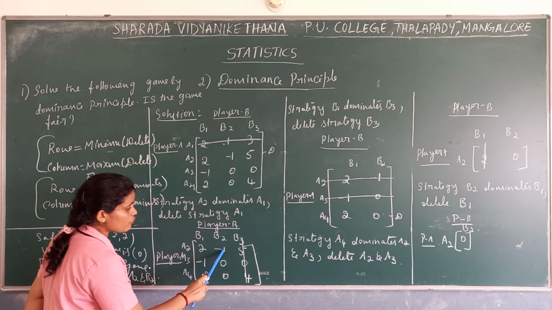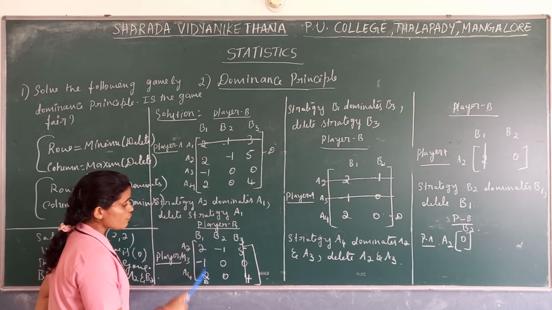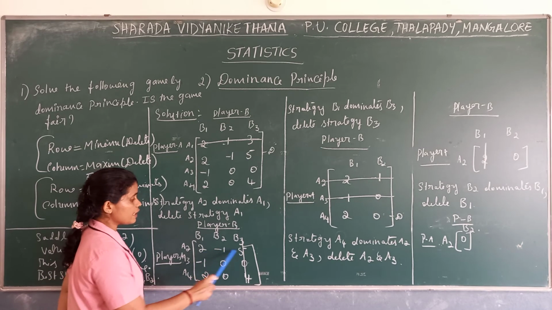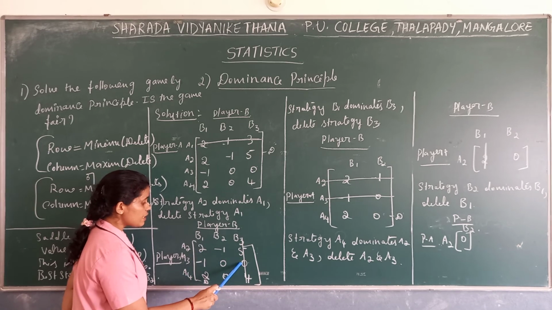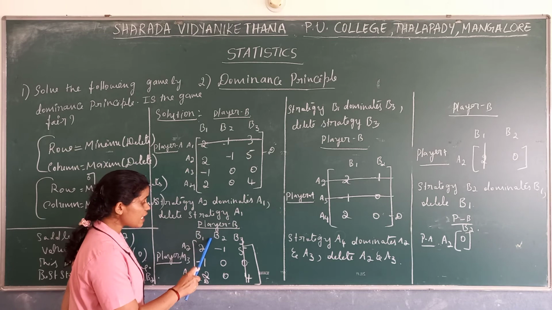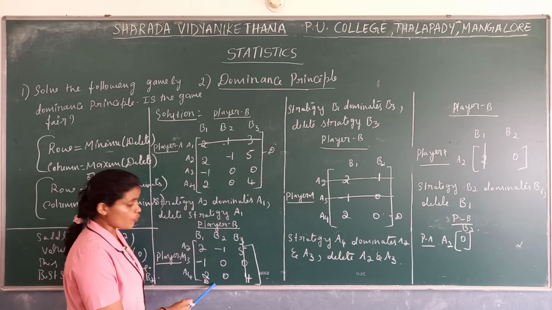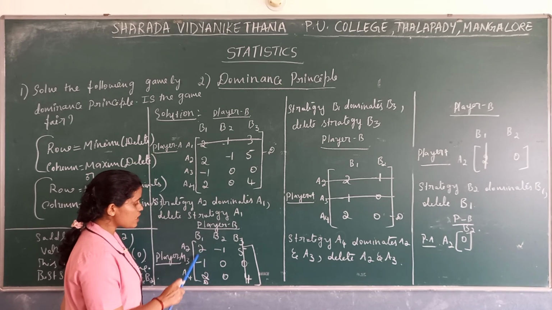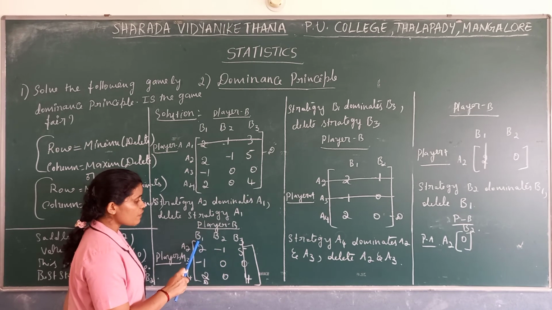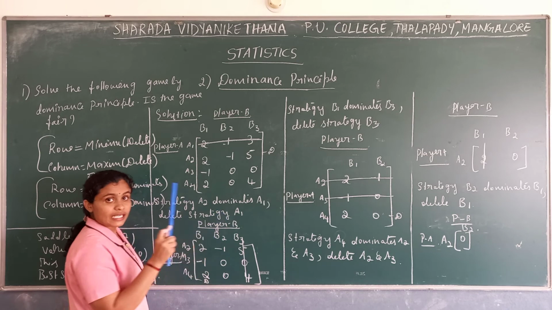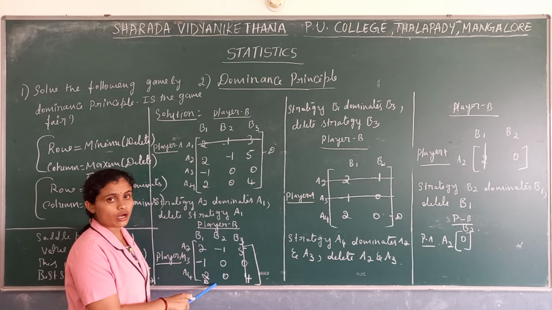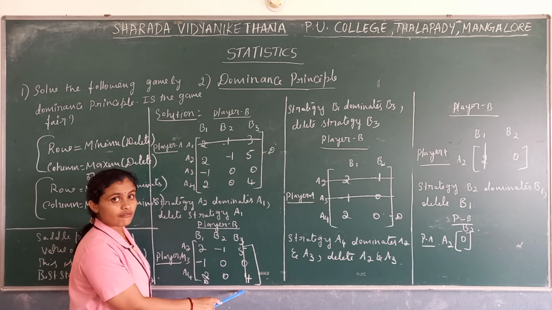See, here one value we get here, one value we get here. So comparison is not possible with these two. Then B1 and B3. This is the smallest value, here this is the smallest value, with this, this is the smallest value. We get the complete smallest column as B1 when compared with B3. So B1 dominates B3. In case of column-wise, which one dominates? The smallest column dominates, and the larger one we have to delete.